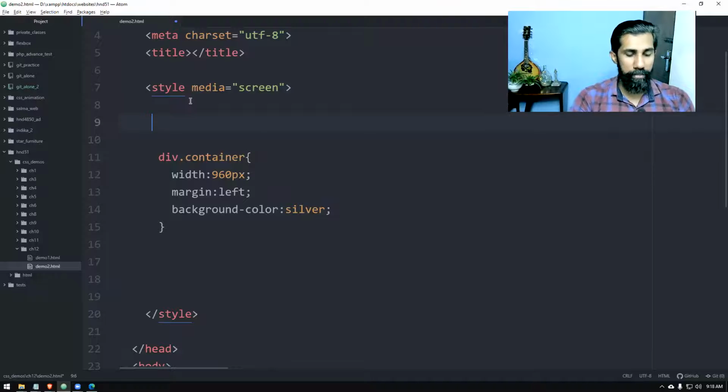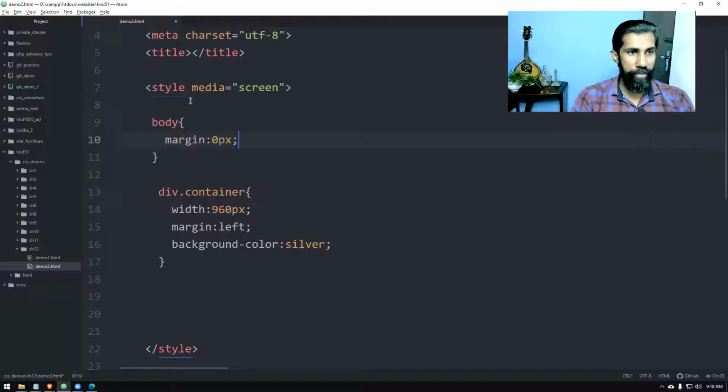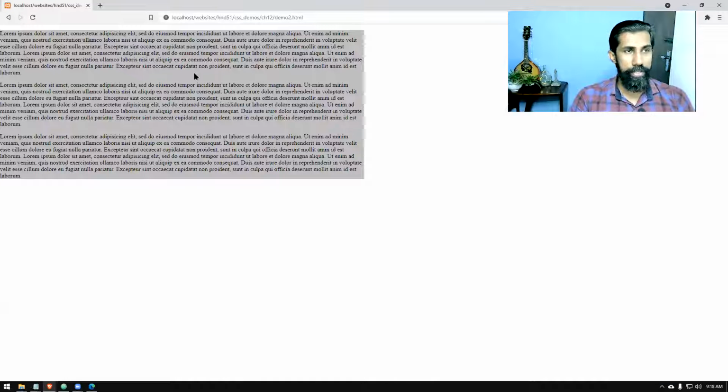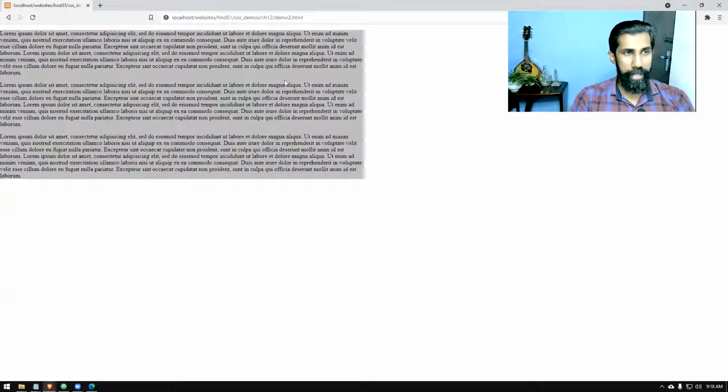Let's get rid of the body's margins and paddings, especially the margin. Let's give 0 for all the margins. So the body's default margins are gone now. Now we're going to make this one center aligned exactly. There is one way you can do it.